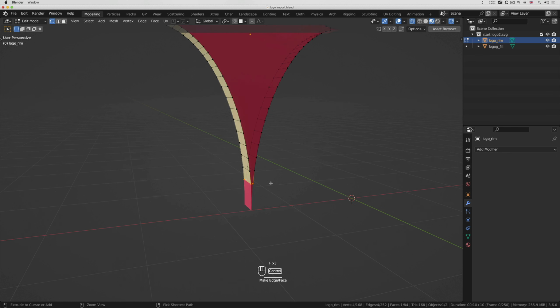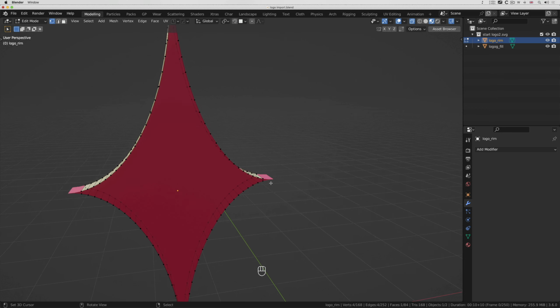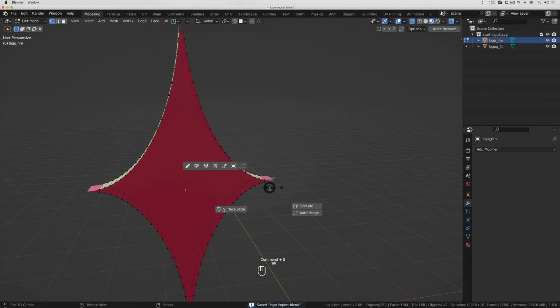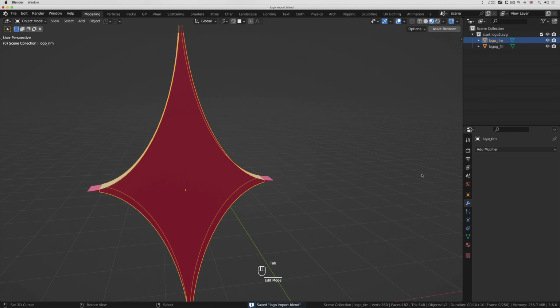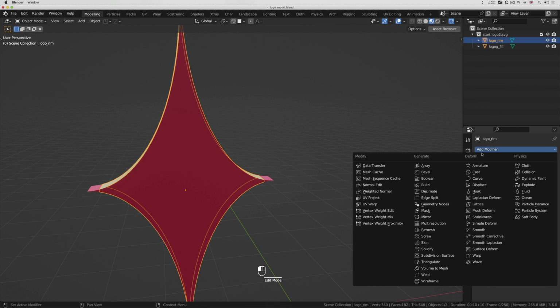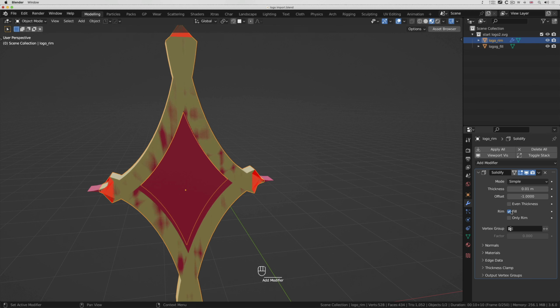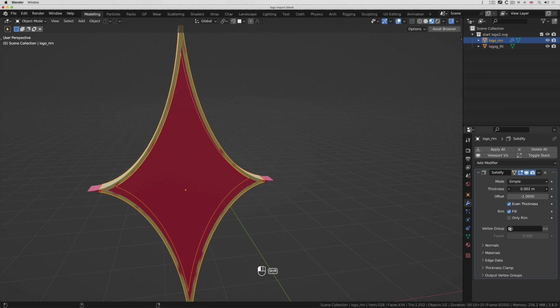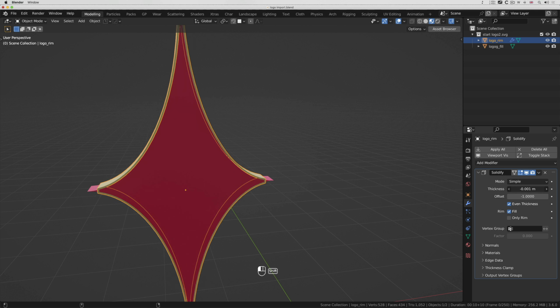There you go. And the last, no, we've done it, that's it. Save that, tab out to object mode. Let's put the modifier back on, solidify, even thickness, make it smaller. And now you see we have a much better result. We can't go too far because it'll overlap, but we can